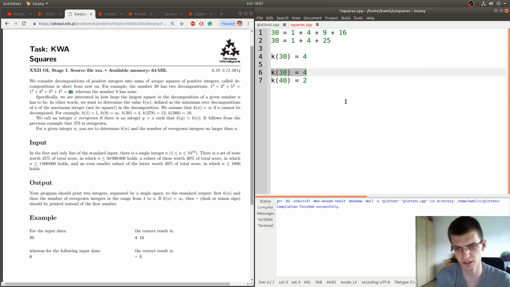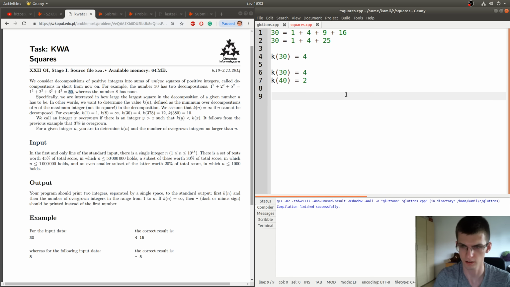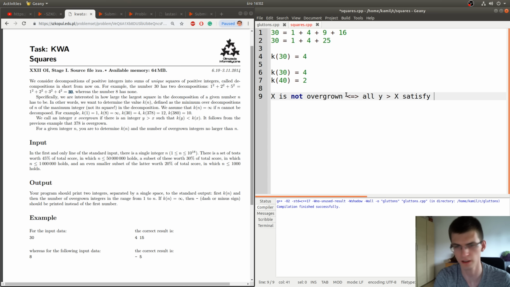So a number isn't overgrown if there are no bigger integers with smaller k. So let's write that. X is not overgrown if and only if all y values bigger than x satisfy k of y is at least k of x.